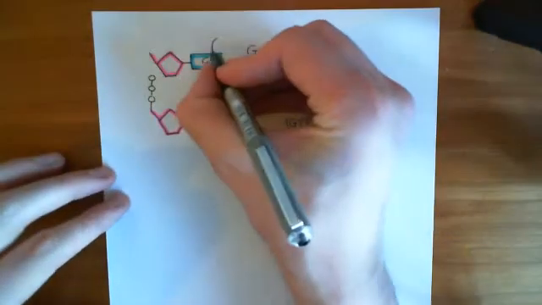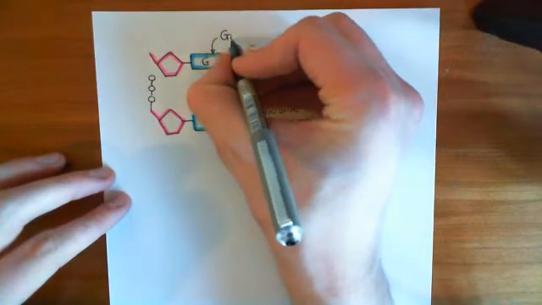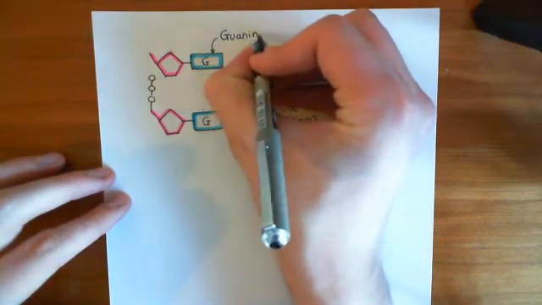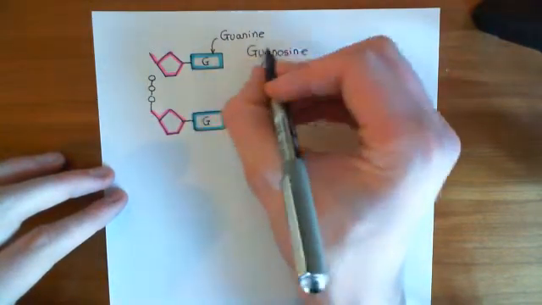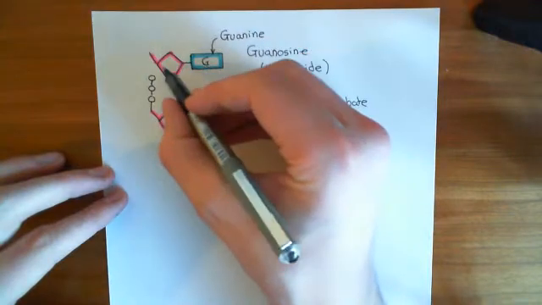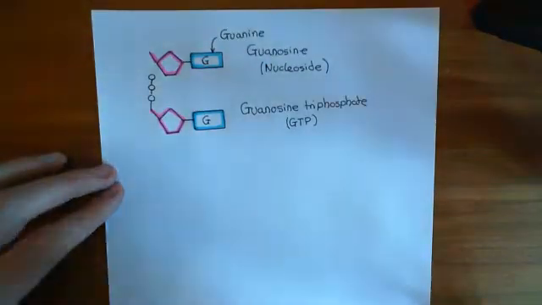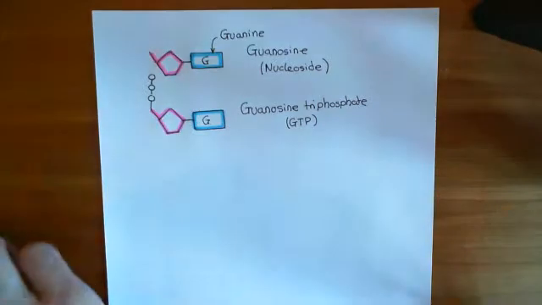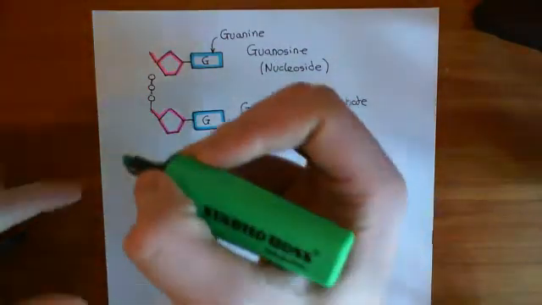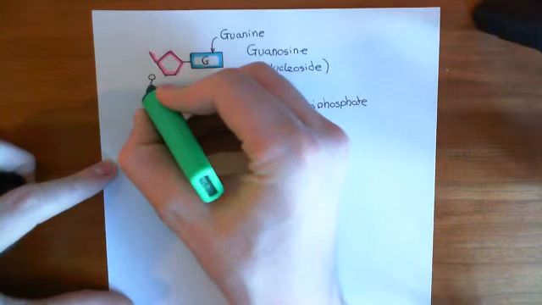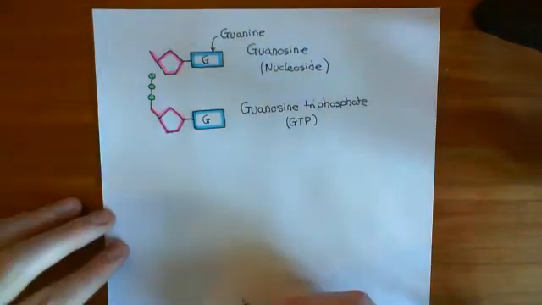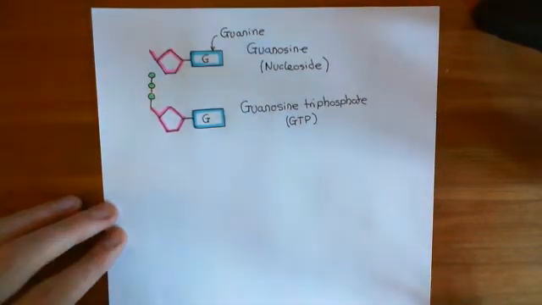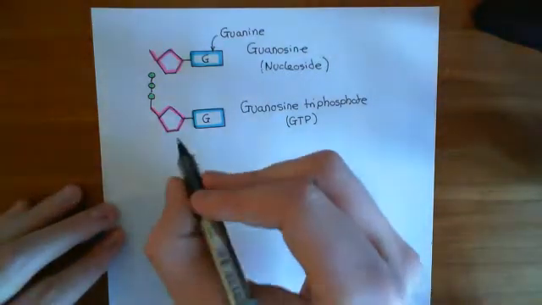And I just want to label this up. This is the guanine organic base. So don't get confused between guanine and guanosine. Guanine is the organic base. Guanosine means the organic base guanine attached to ribose. Now we've extended it even more. We've got guanosine triphosphate, which basically means we've stuck these 3 phosphate groups off the ribose. Now, the reaction that the guanylate cyclase enzyme is going to catalyze is going to take in these